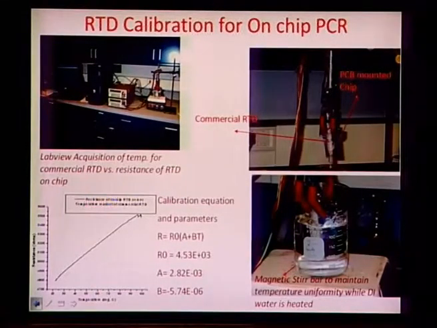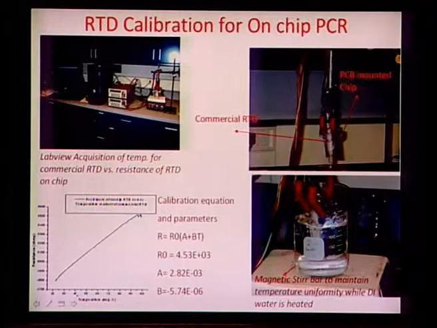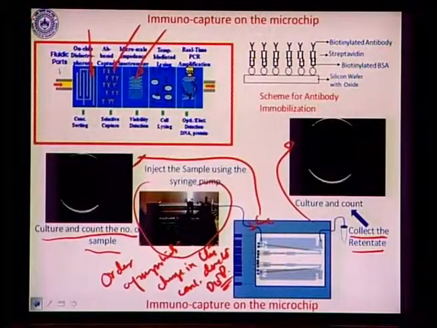This is another very good illustration. We have already seen the DEP working, we have already seen the antibody based capture, and we have also seen the growth cycle. Now, we turn to the next illustration, which is how we do on chip PCR on the same platform. If you may recall, when I talked about this